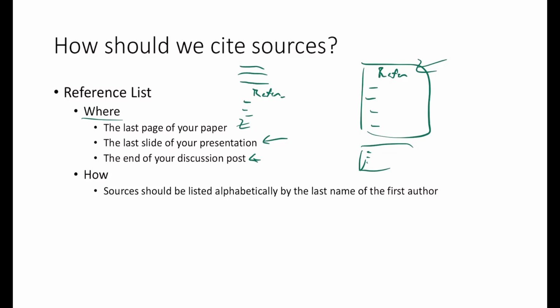Now with references, if you have more than one, you're going to be listing these alphabetically according to the last name of the first author. So let's say that we've got somebody, Nava is one of them, the CDC is another, Yankee is another person. You don't want to just write them like that. You want to put it in alphabetical order. So you're going to move Nava down, you're going to move CDC up, and you're going to move Yankee kind of in the middle there. So that's how you want to be organizing your reference list, not by date, not by anything else, by the last name.